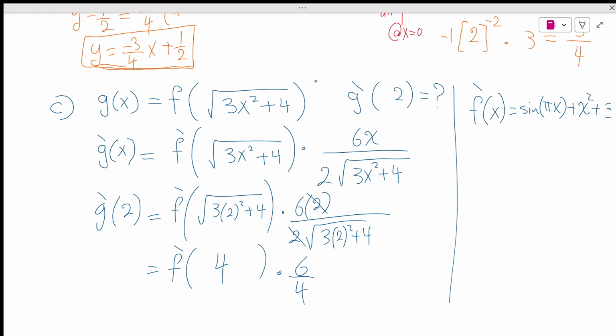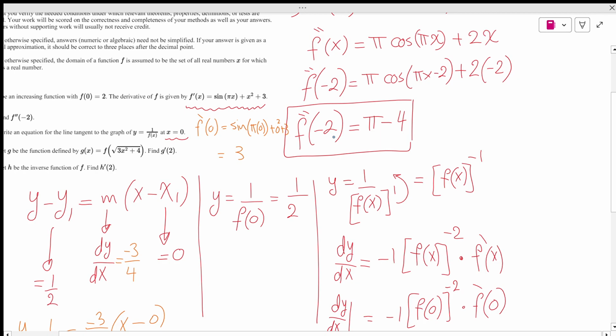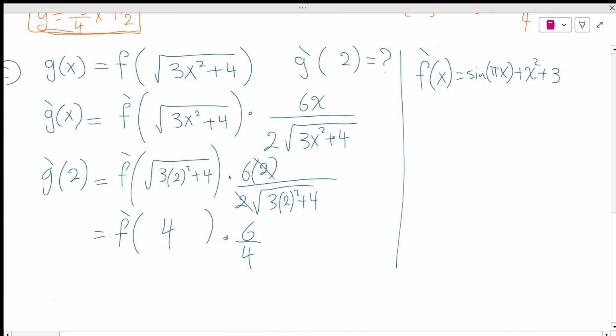So let's double check, yes, that's the derivative. Okay, now you have to plug in the 4 here. If you plug in the 4, that's going to be